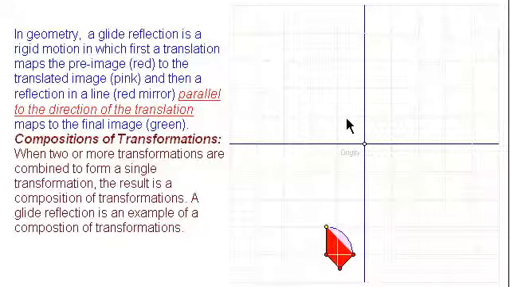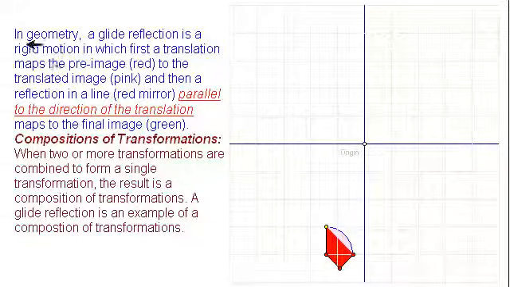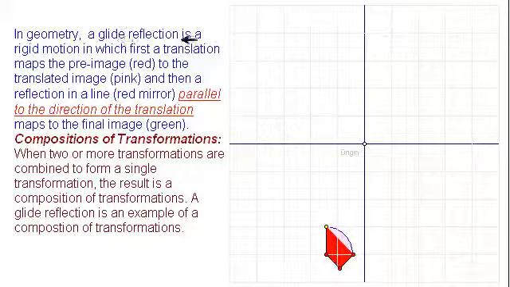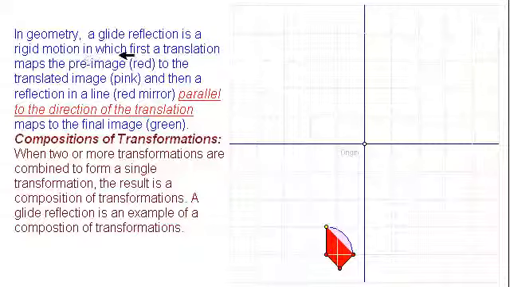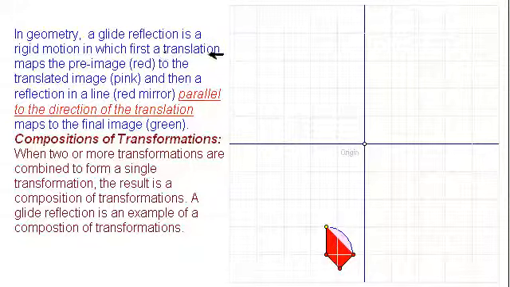The focus of this video is glide reflection in geometry. What is glide reflection? In geometry, a glide reflection is a rigid motion in which first a translation maps the pre-image, which is this one,